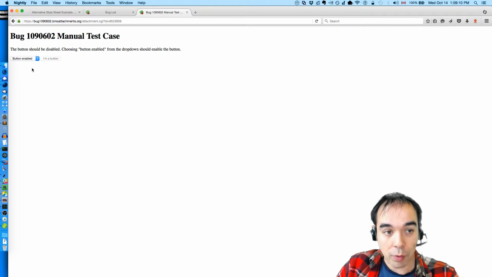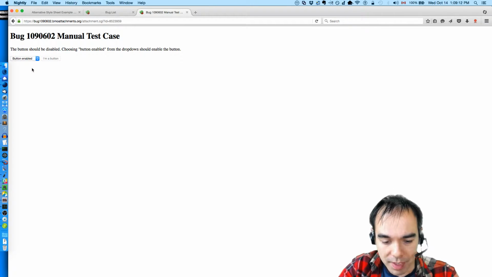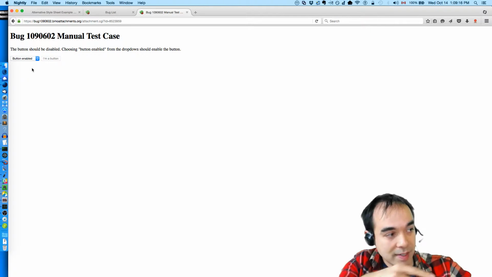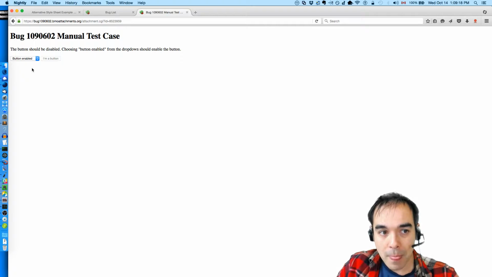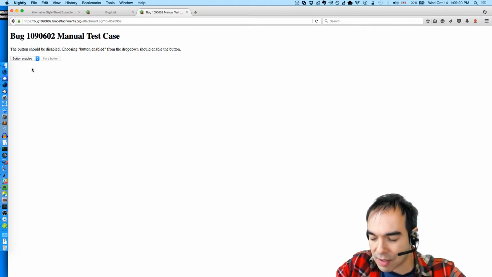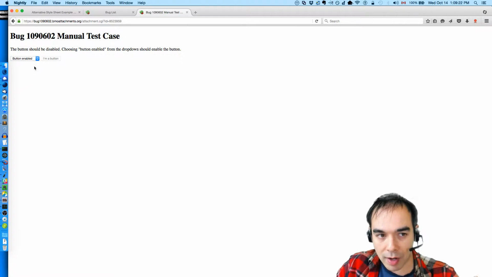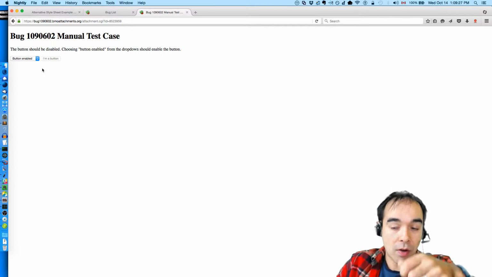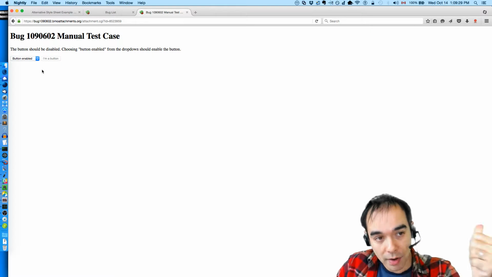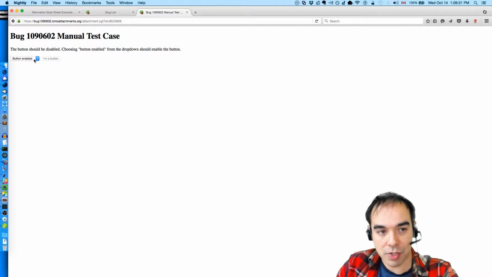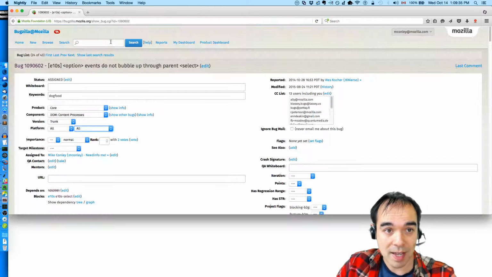And that doesn't work. The reason is that by the time the content process hears about this click event that we've synthesized and sent down to the child, our event handler checks the value of the select to see whether it's supposed to enable or disable this button, but the value is still at the old value and not at the new value of button enabled. And in single process Firefox, that's not the case.